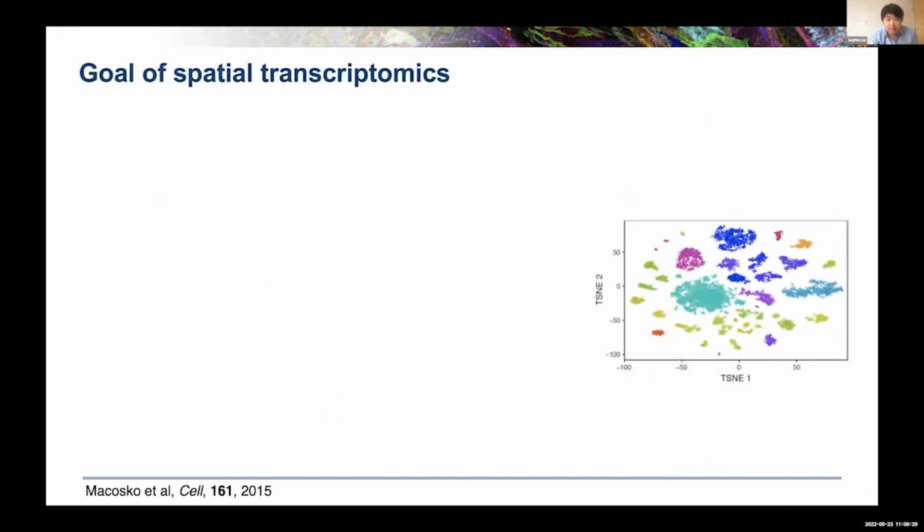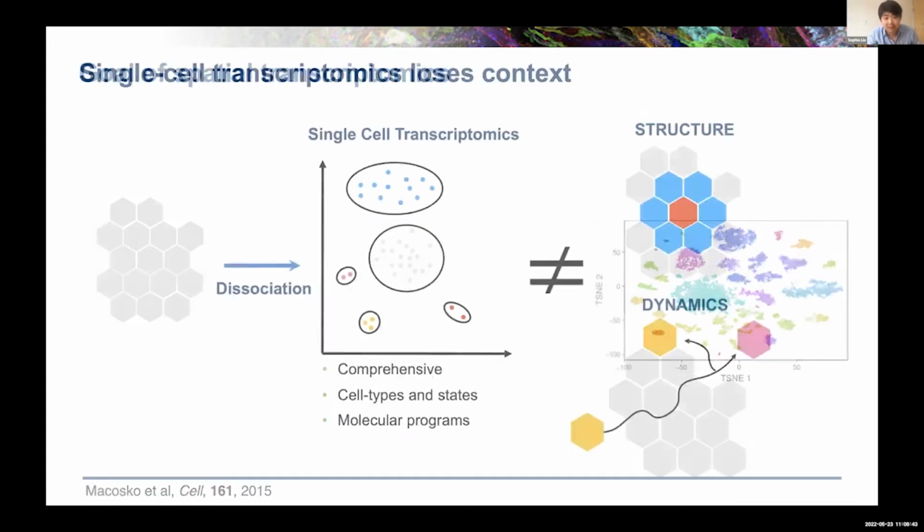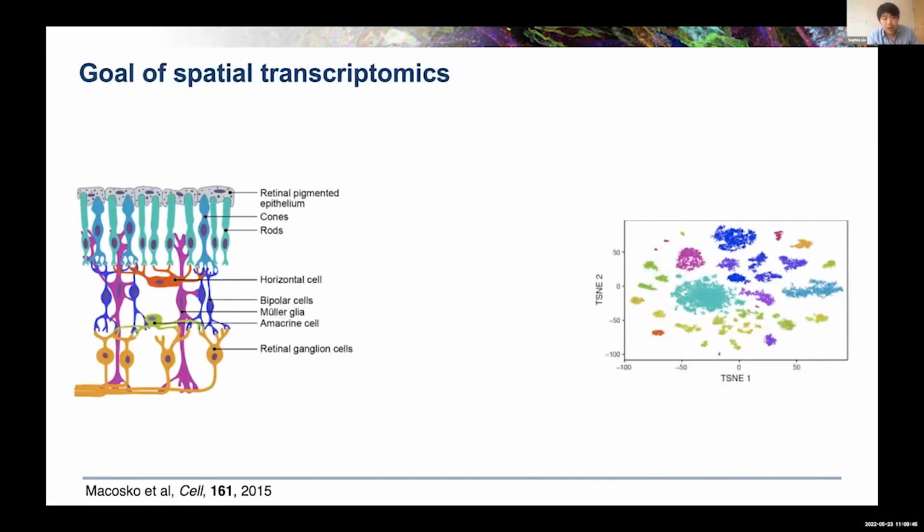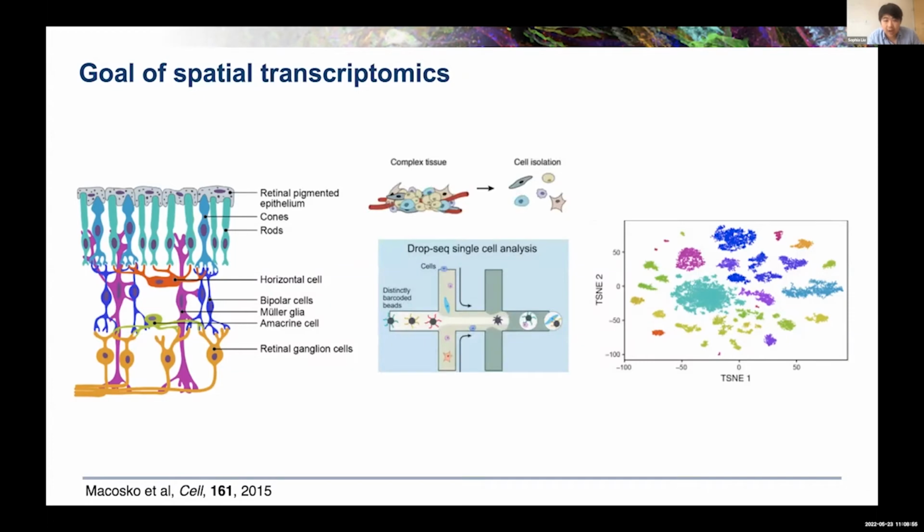And so what's the goal of spatial transcriptomics? Well, it is in some sense to take these molecular understandings of cell types, which a lot of us abstract in these t-SNE plots or UMAP plots, and really bring us back to the world of tissues, where this abstraction is really describing some tissue architecture and how the cells are organized together. And for a long time,